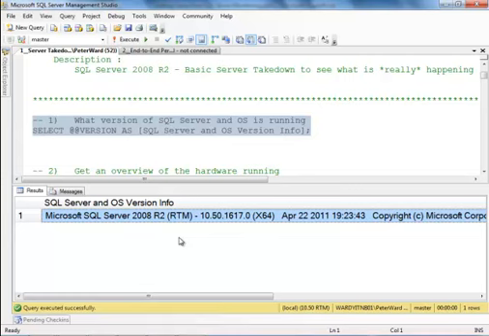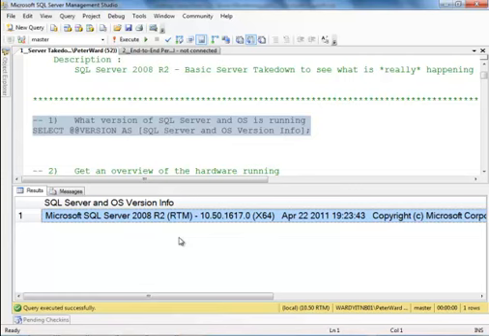Exactly, that's an RTM version. That's the RTM version of SQL Server 2008 R2. Just be aware that Service Pack 1 has been released for R2. So for those of you who are sitting on SQL 2000 going, look, I'm all good because I'm on Service Pack 4, we're not going to move to R2 until it's on Service Pack 1, we've got no excuses now. Service Pack 1 has been out since the start of the year for 2008 R2. So that's what I want to look at.